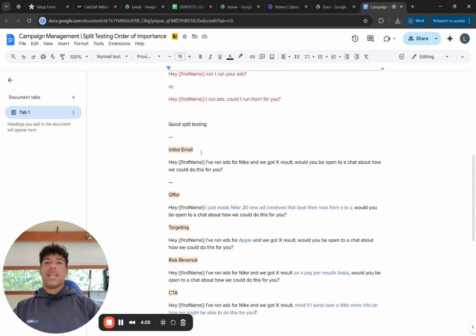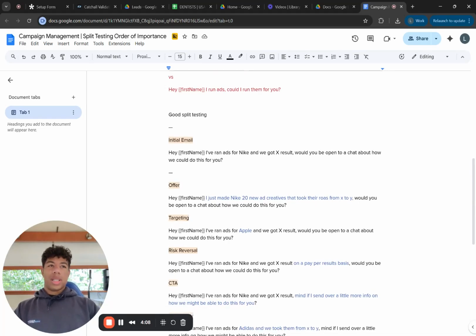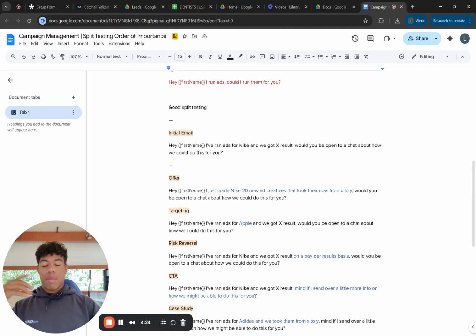I've said don't split test copy, but it's not really that simple. You can split test copy, but just don't only split test copy. When you're split testing, you want to have something in mind that you're trying to change. It might be your offer, seeing which offer performs better. It might even be the way you're framing your offer, not even a different offer. So maybe we'll go as granular as switching from offer to offer framing.